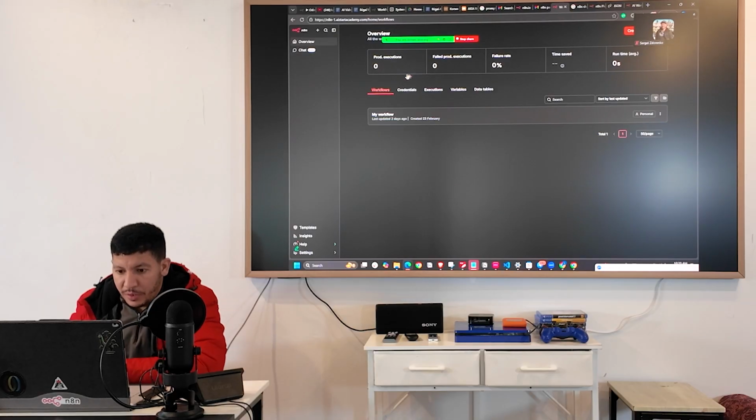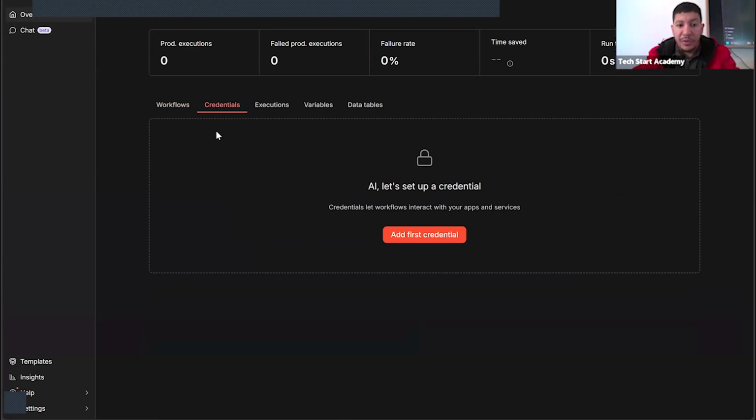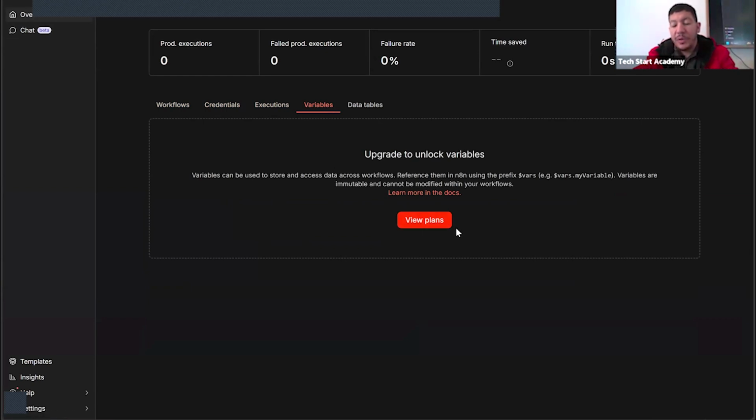First of all, we can see here our environment. You have here your workflow listed. You can see the workflow you created, and here the credential you created and the executions, you can see it here. The variables mean there is a global variable you can use